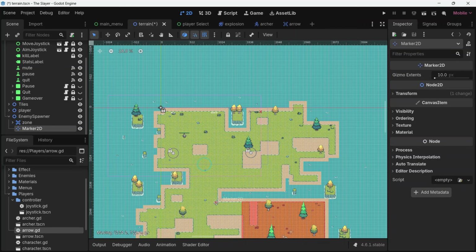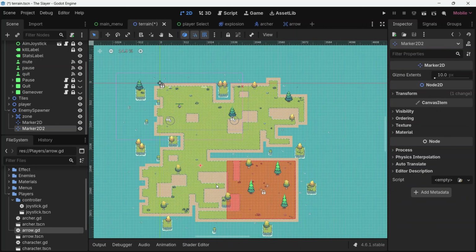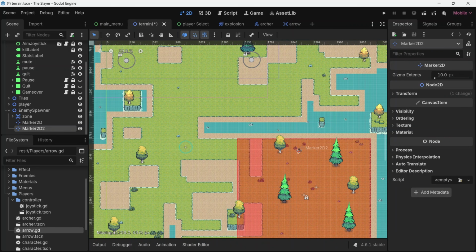Now remove that marker to be, let's say somewhere around here. I'm gonna duplicate it and move it down here. So I'm gonna create a couple of them, maybe 10, 5, or whatever you want. But just make sure that those marker points are actually near